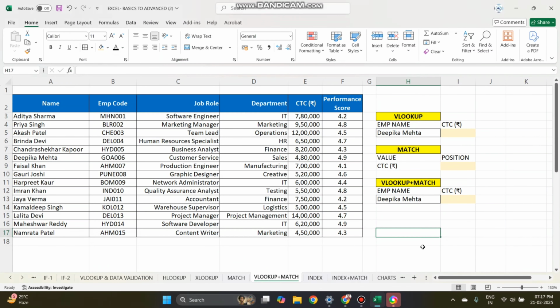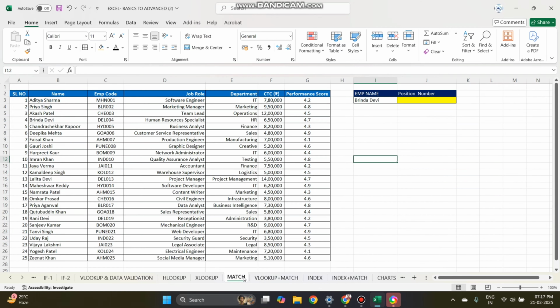In this video, we are going to use the combination of two formulas, VLOOKUP and MATCH. Before that, I will go back to the MATCH function. How to do that? The MATCH function will give me the position, the cell position in the